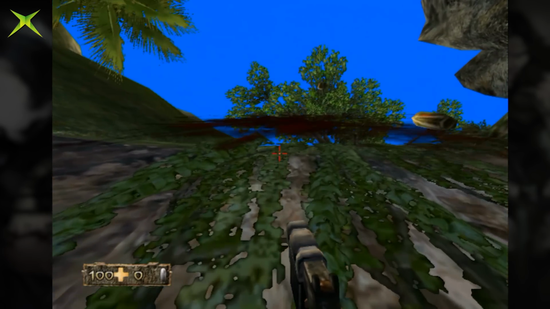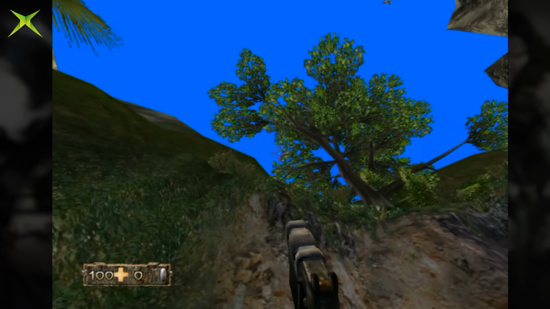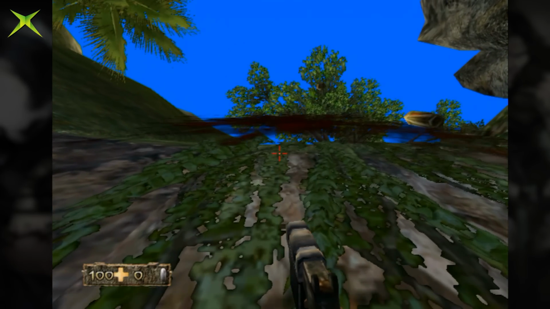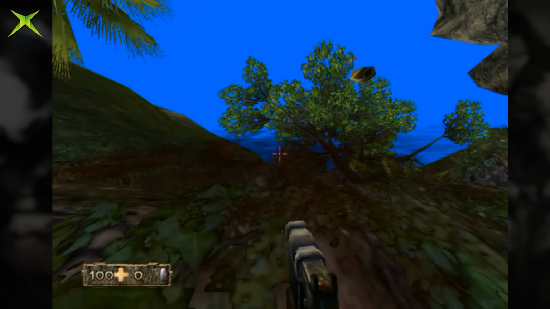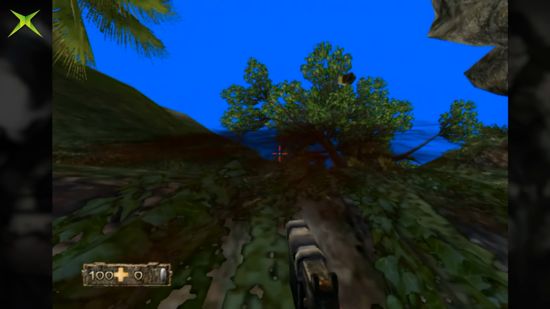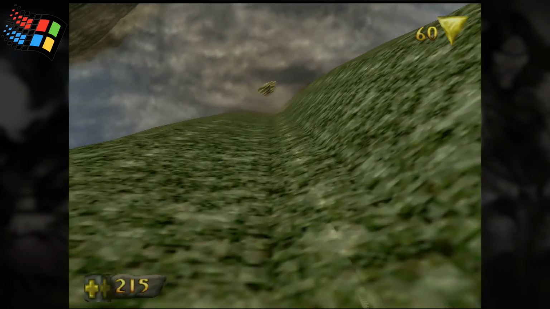Look, I climbed the wall. The vine texture looks bad, and the viewport just sort of glides up the surface. Let me just show that again. Look at that. Now I'm going to show Turok 1's. Oh yeah, see,